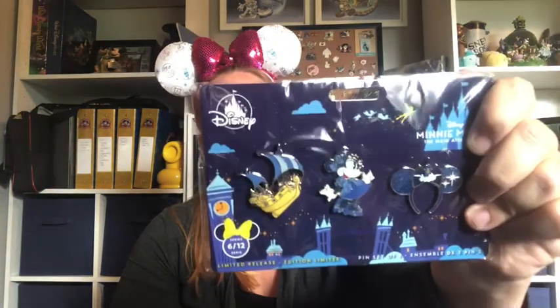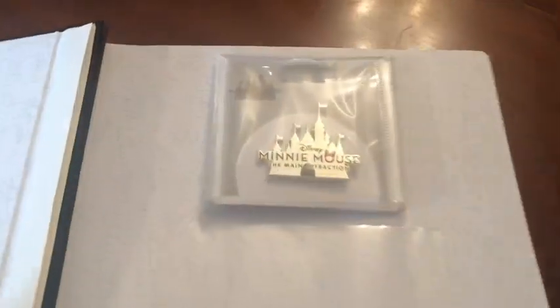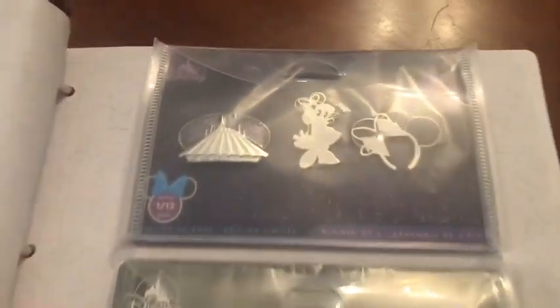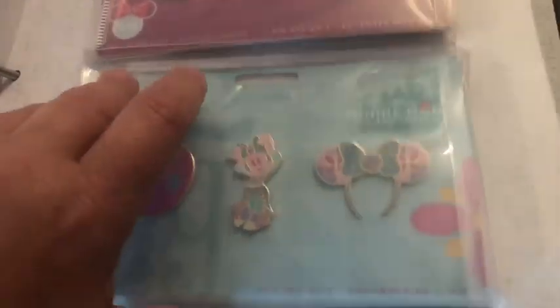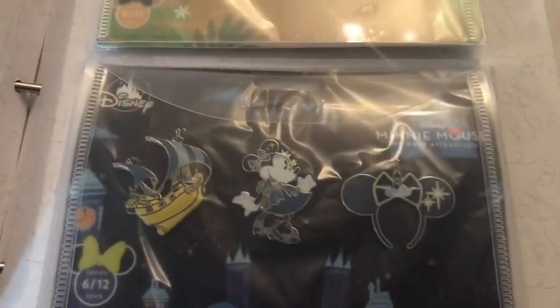Now, Merch Pass, I mentioned that just a little bit ago. If you kind of like these mini main attraction sets, and I'll flip through the book and have you see all of them if you just haven't seen them yet. Merch Pass is something that Shop Disney put into place in large part because of these bots that whenever there is a pin release, the computer bots, they just kind of swoop in and they take a huge part of the stock, which means that people are not able to get the items that they want. Actual people, not these little robots, and then the merchandise gets shipped to somebody who then sells it on eBay